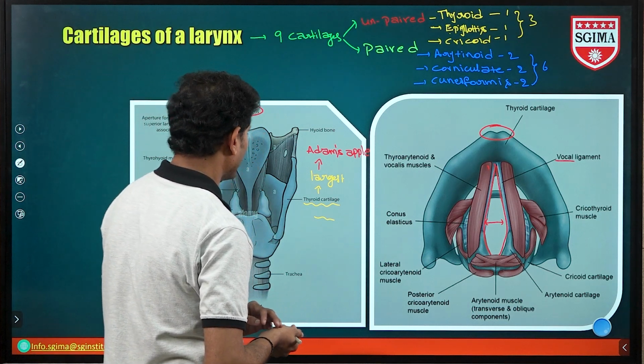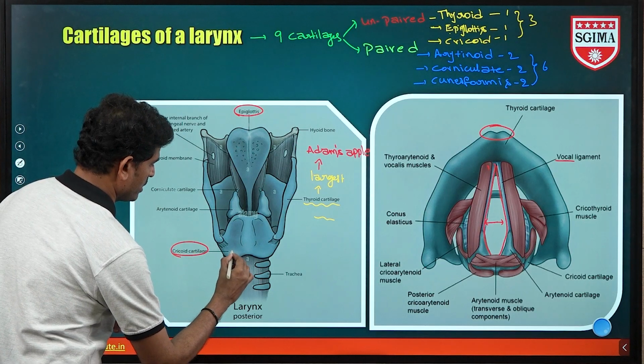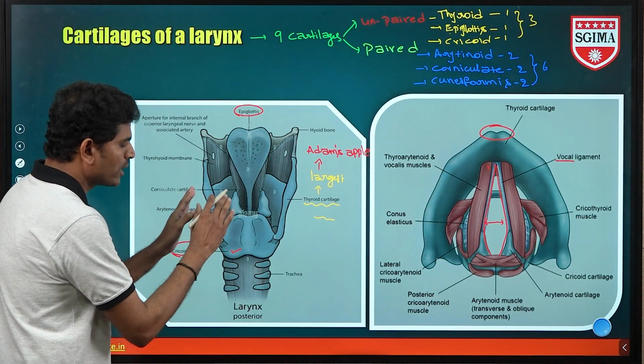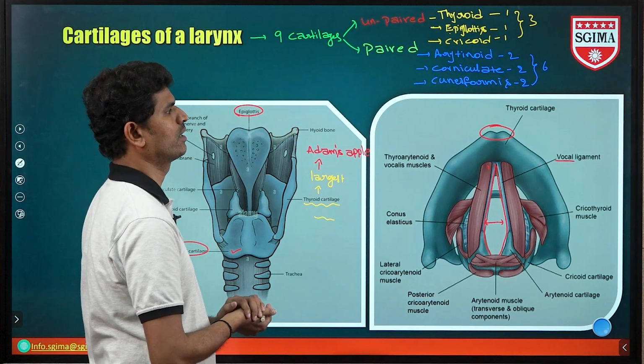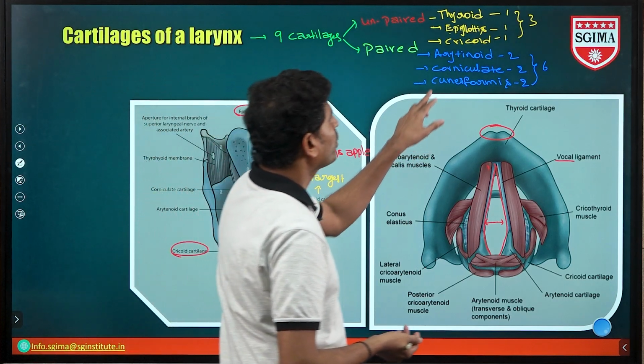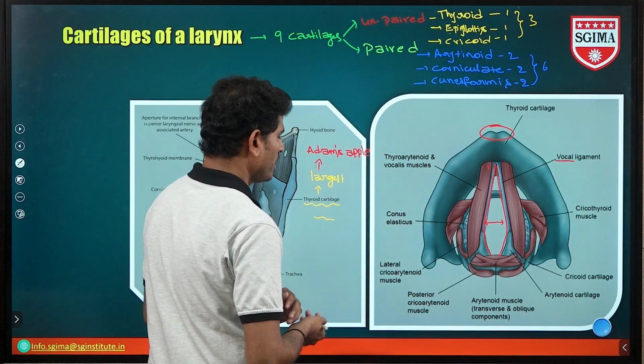Next one, cricoid cartilage. Cricoid cartilage, here it is. ये क्या है? Circular cartilage बोलते. Cricoid cartilage को circular cartilage we can call that. Next one is paired cartilage, arytenoid, corniculate and cuneiformis. Okay. So here